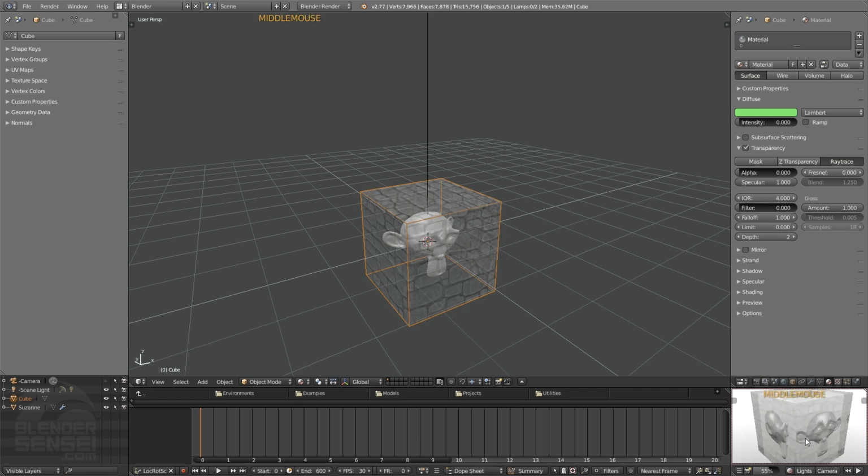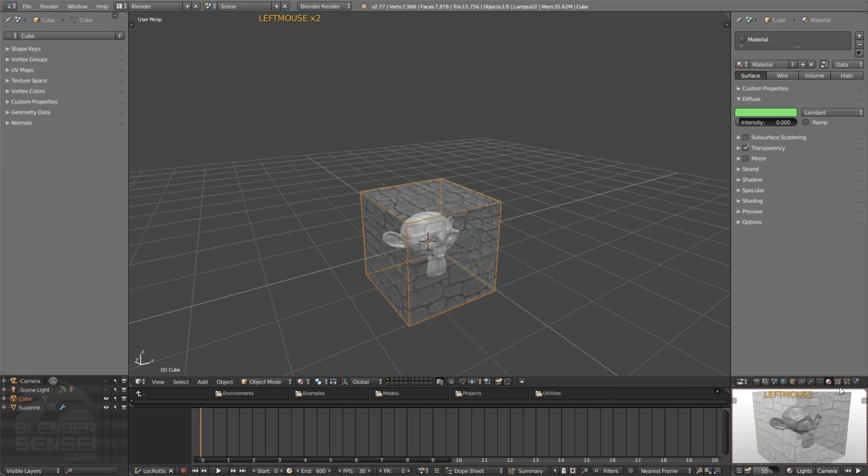So there we can see this kind of Suzanne head bouncing off the sides here of our stone box, which is kind of neat. All right, enough of that. So let's turn that off there, and I'll go ahead and switch that back to Z transparency, then back under